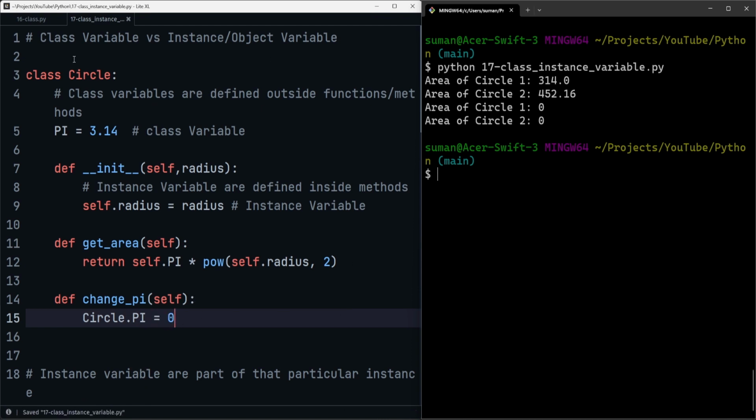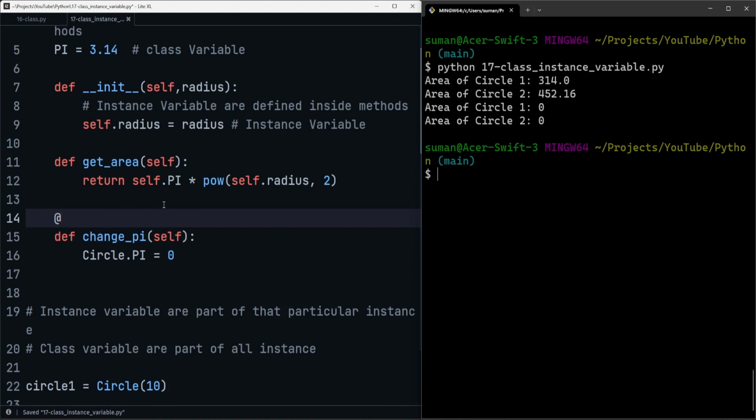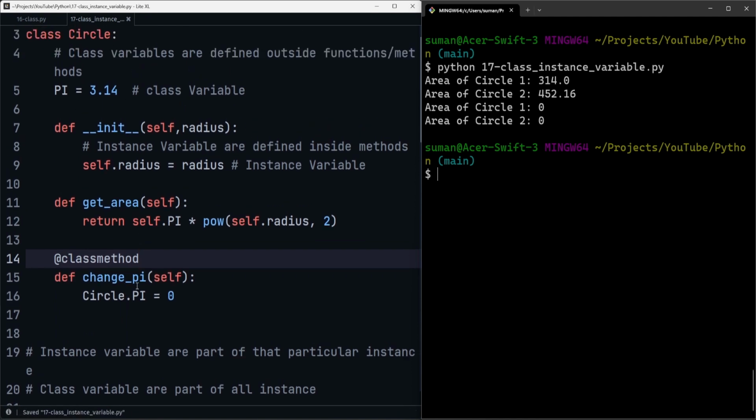Now, but if you wanted to do it for the class, right? So there is one method called class method. It's a decorator, right? We will learn about decorators. A decorator is used if you want to do something before and after a function runs. So there is a special decorator called class method. This is specifically for classes, okay? And now you don't need to pass self, because